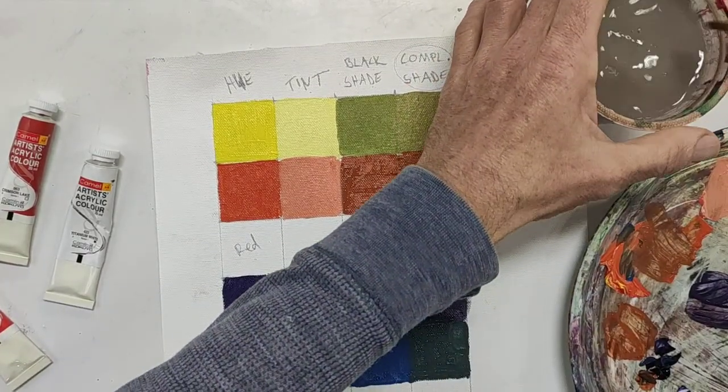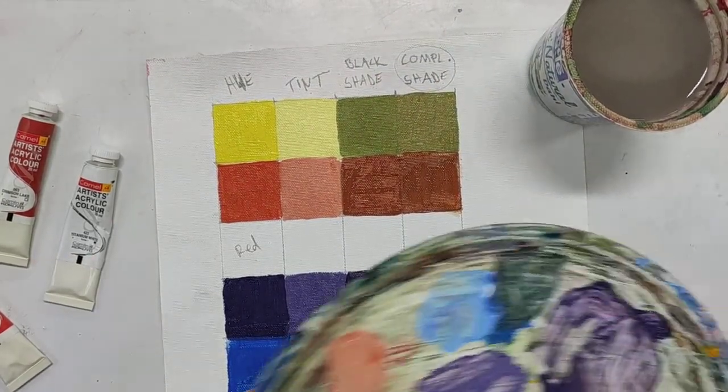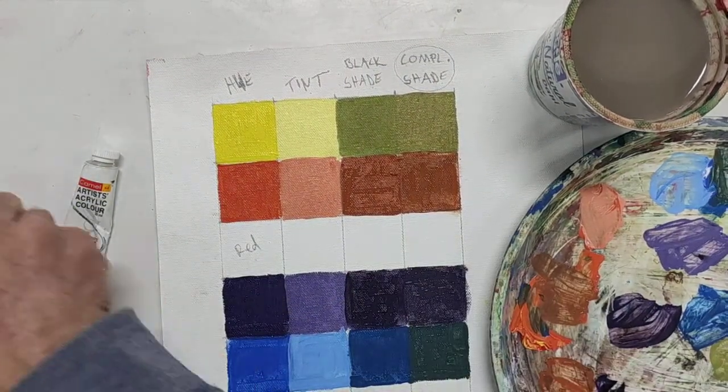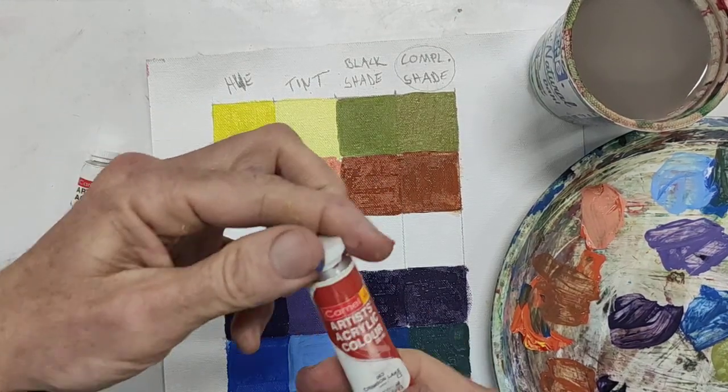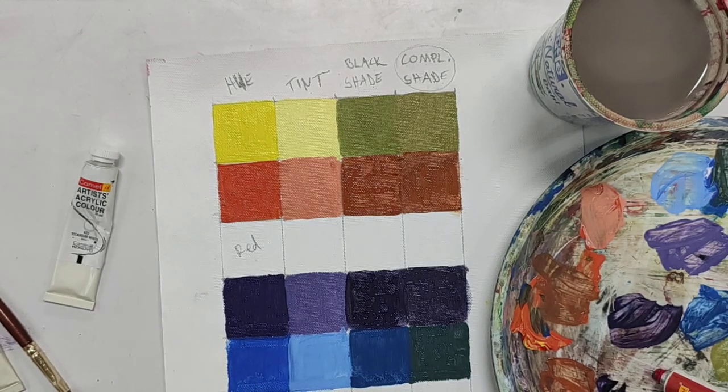Now we would jump to the red, and we're almost getting to the end here. We want a mixture of the light, the warm, and the cool red. So half